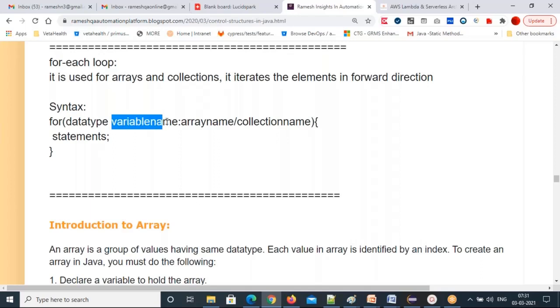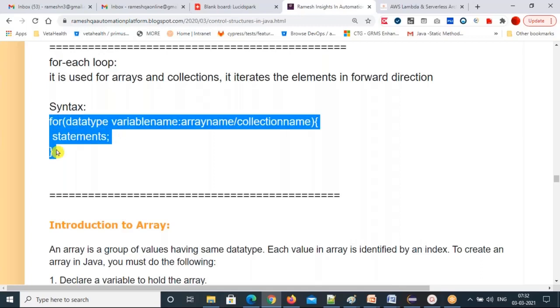Then some variable. This variable represents each element in this array and in this collection. First, this variable goes to the first element of the array and comes inside. The statements will execute with this variable. Automatic iteration will happen here. So the variable goes to the second element of the array, third element, fourth element, till the last. All the elements it will iterate automatically. There are no iterators, no increment, no decrement here. Automatic iterations will be there. That's the for each loop. This is a very easy one compared to the normal for loop we learned.